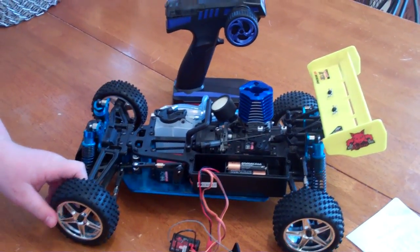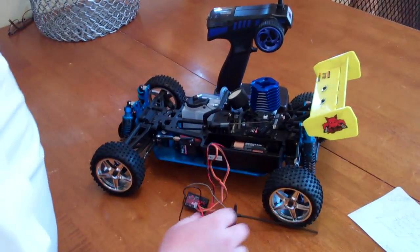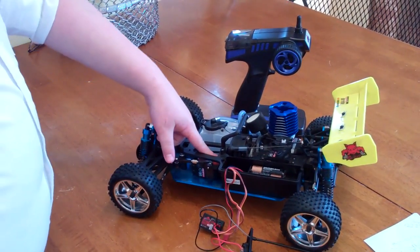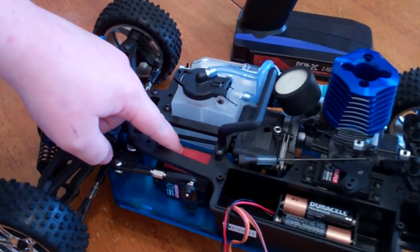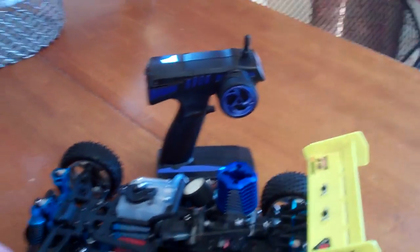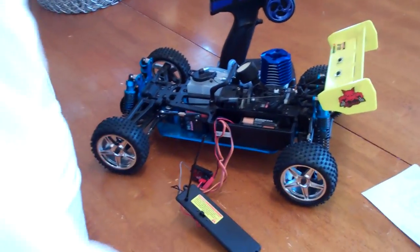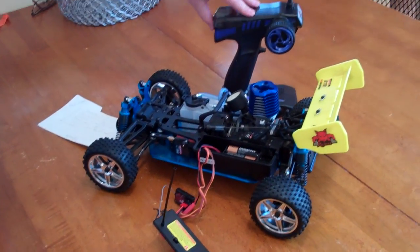Today I'm going to be showing how to bind the controller to the RC car. Okay, so what you need to do first: binding is a process by which the servo box connects to the controller. The first thing you want to do is turn on the remote control